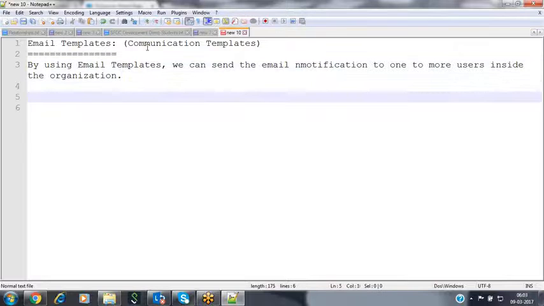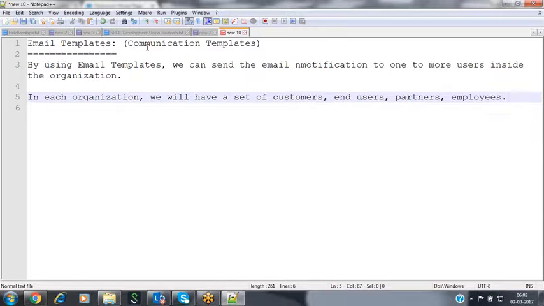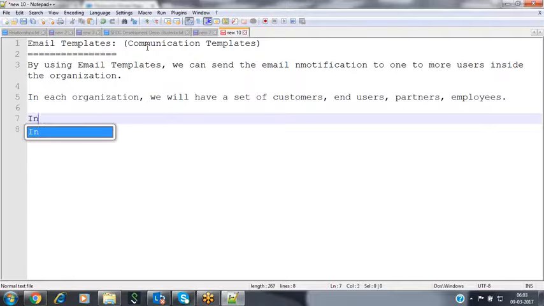For every organization, we have a set of customers, partners, employees, and end users, everybody will be available. So in each organization, we will have a set of customers, end users, partners, and employees.